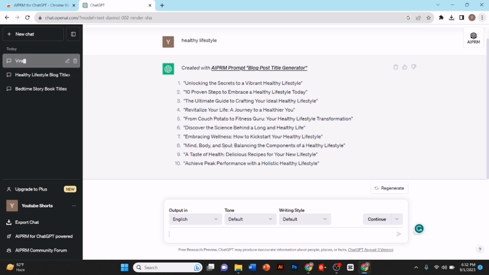I'll select one. I like this one. I'll copy it and paste it. Now I'll click on new chat